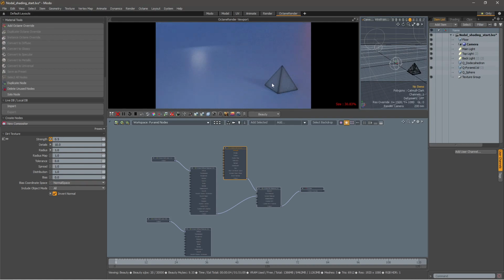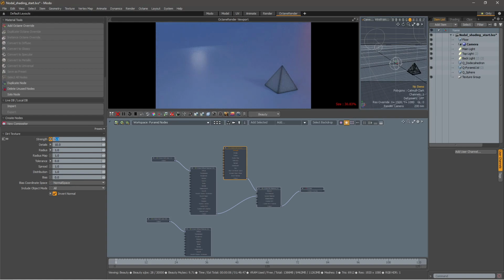Okay, change the falloff on the other face. Tolerance 3, very low, 0. Okay, now